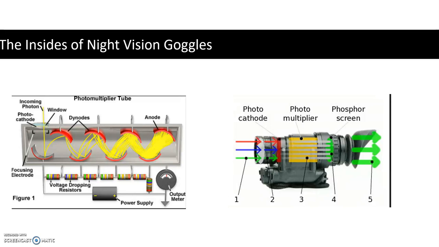Now we can look at that right-hand diagram. Once you get out of that section number 3, which is yellow and says photomultiplier, the electrons hit a screen and form an image on your screen, and then you get a fairly distinct image where usually in a low light environment you wouldn't be able to.